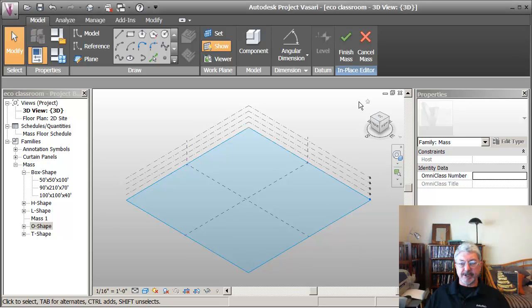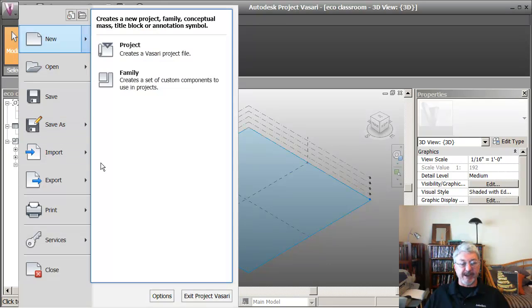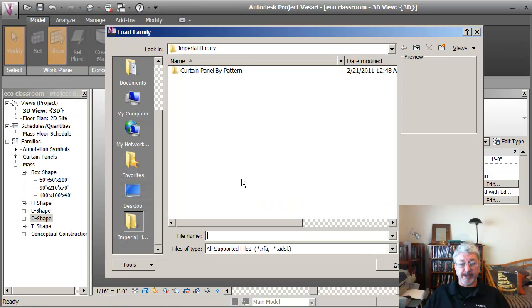Hi, this is the case study of the classroom. What I'm doing is cancelling the creation of the mass model in this project because I actually have a mass family that I'm going to bring in. So if I say import load family, I point to my folder,